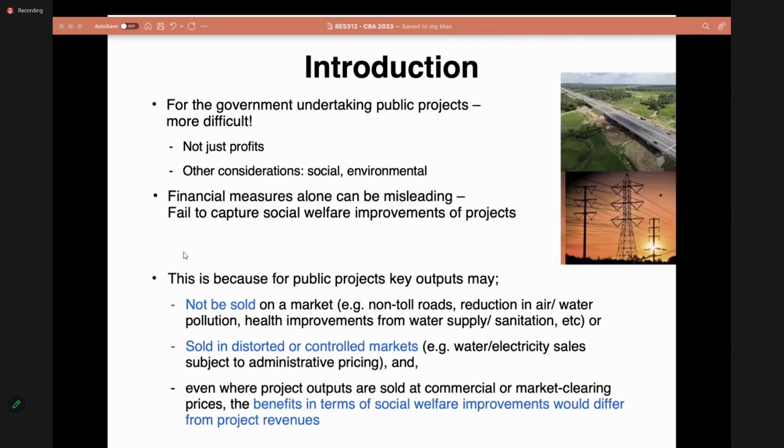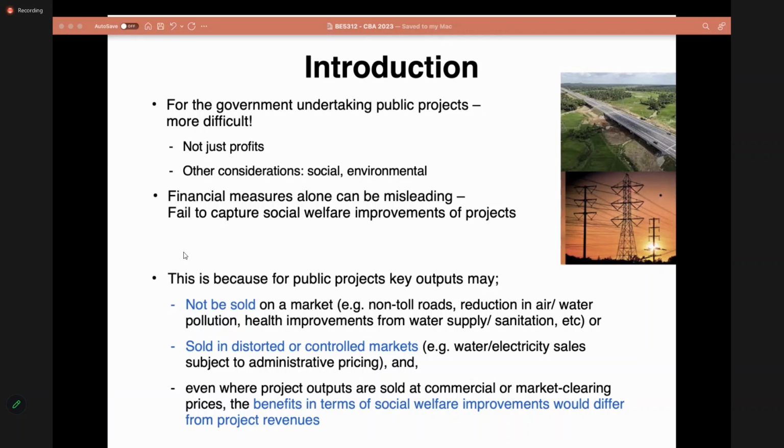That is fine when you are appraising normal projects conducted by the private sector, maybe a construction project or an IT project or whatever the type of project, with the expressed objective of maximizing profits. But when it comes to public sector projects, let's say construction of a new road,